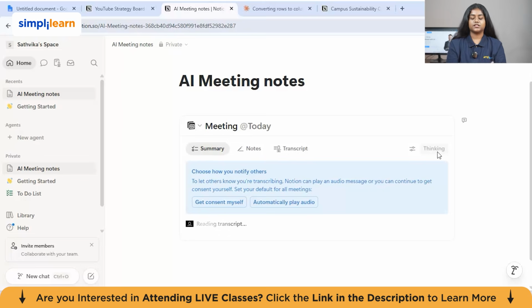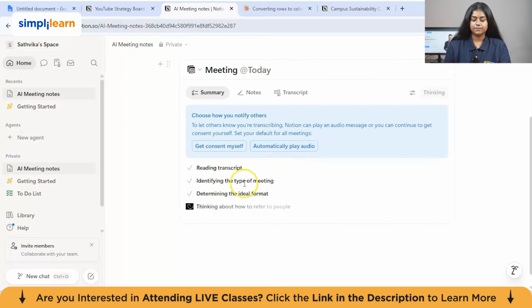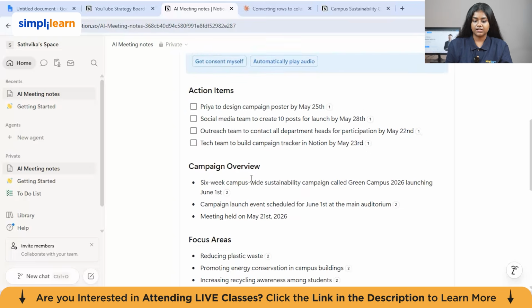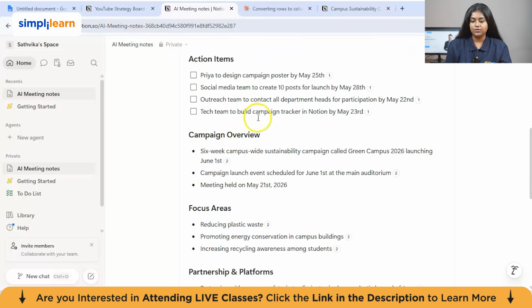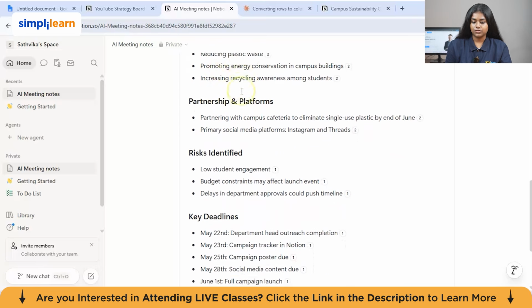So this is the basic transcript. Let's see how it works. So as you can see, it has generated a basic summary of what the meeting is about. The action items that I have said out loud is that Priya will be designing the campaign poster by May 25th, the social media team. These are the action items that I have said, and the campaign overview, the areas that we need to focus on,